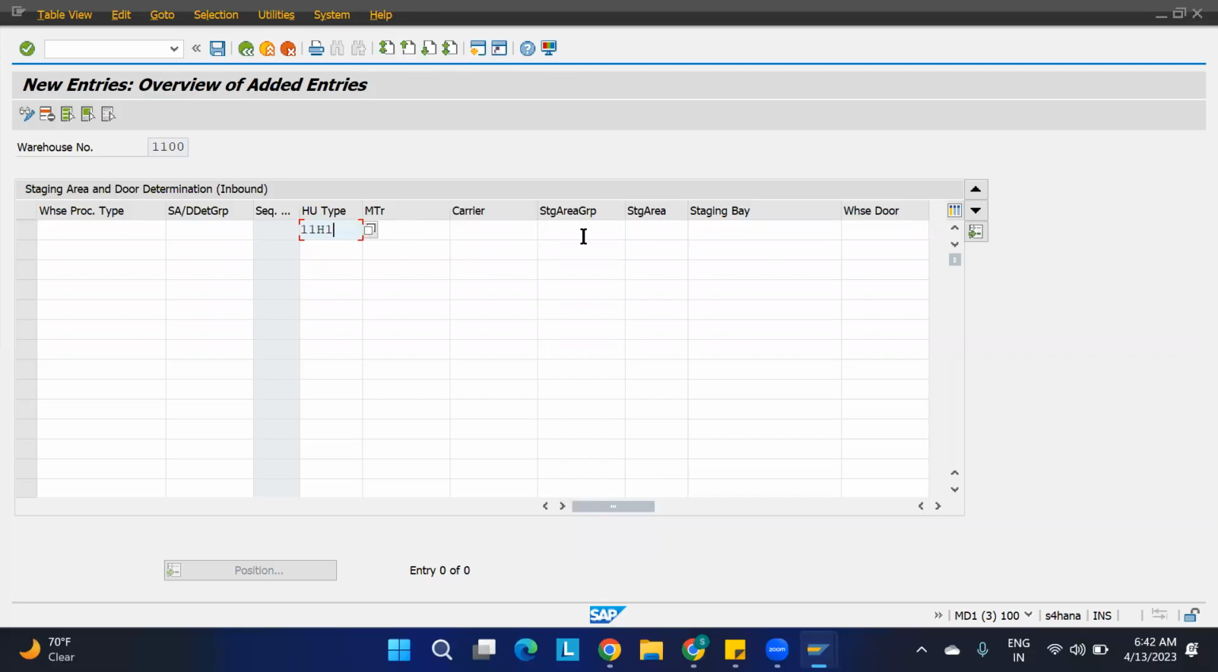Okay, if this is in the staging area group, I am telling, if this is in the 1100 GR zone, then it should come to the GR A1 we have already defined. It should come to GR A1. See, I have said